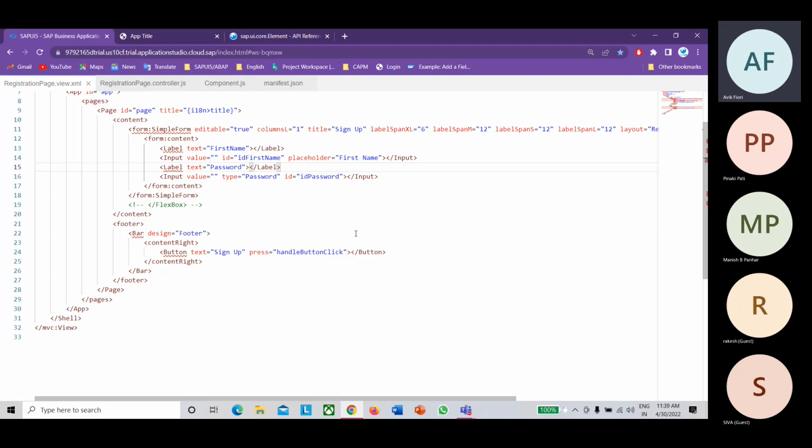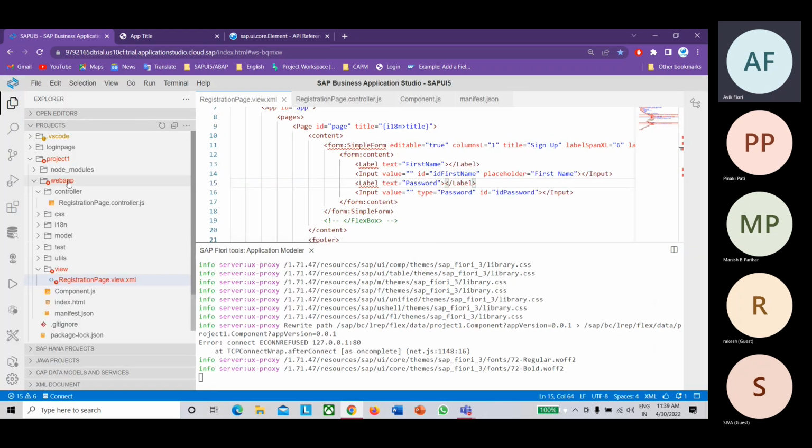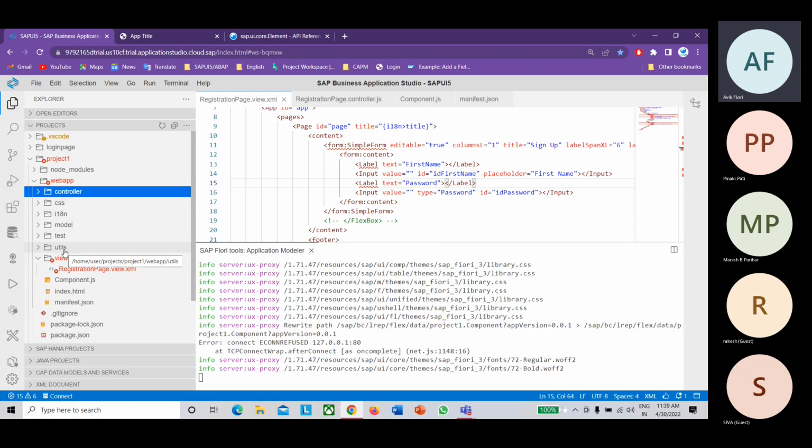So for declaring the fragment, let's say you want to create your own fragment file. Before you declare the fragment, the best practice is to create a separate folder for the fragments inside the webapp. This is your webapp, inside which we already have controller, CSS, i18n, model and other folders. Inside this, you need to create a separate folder for the fragments.